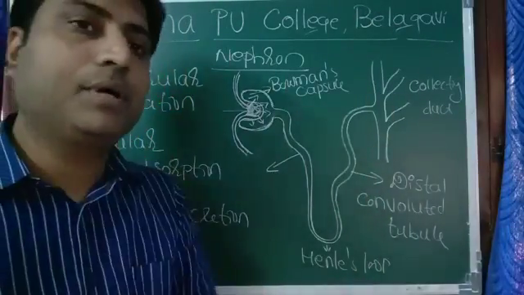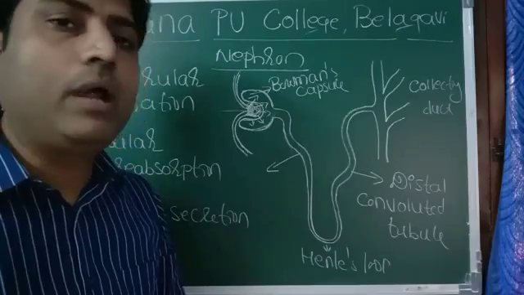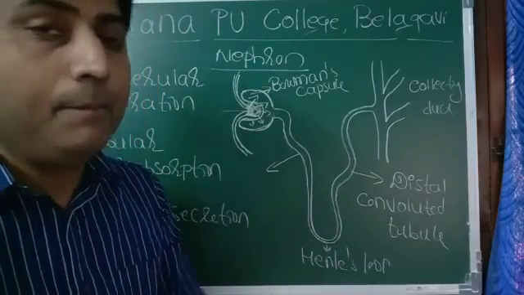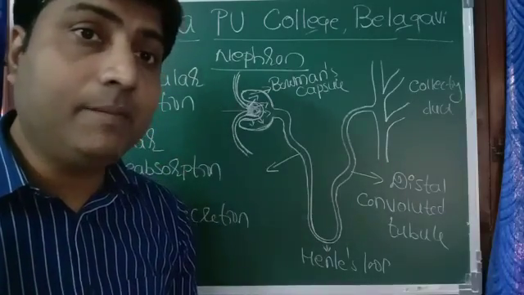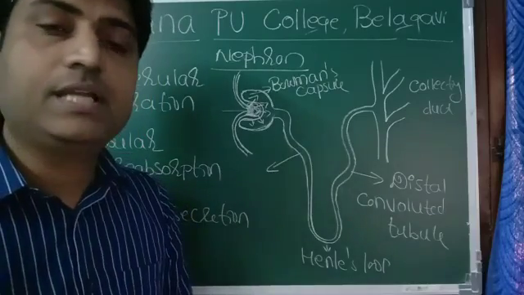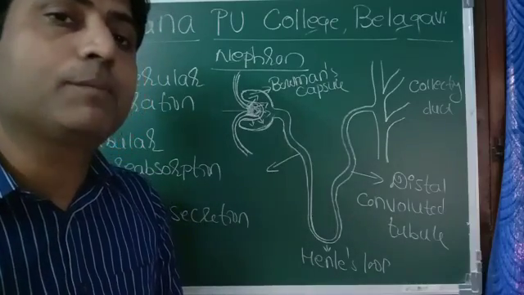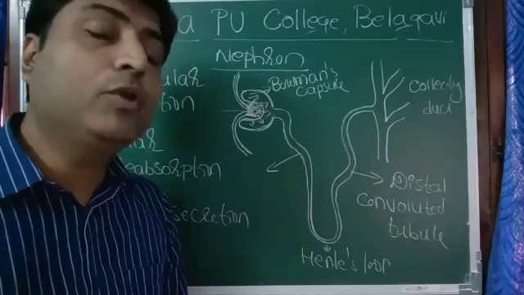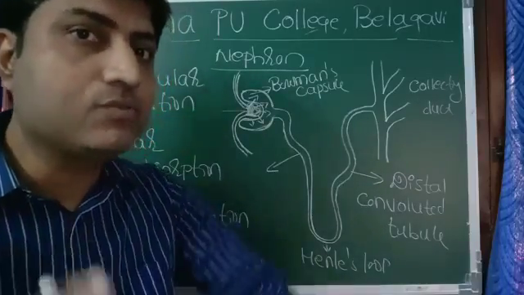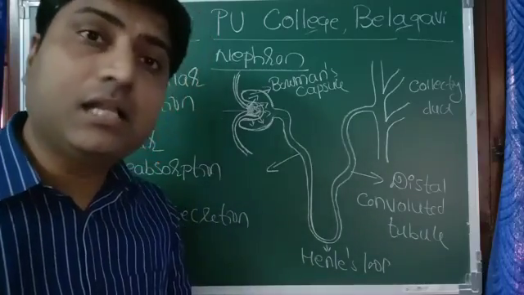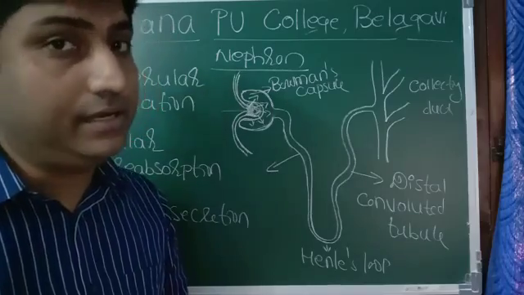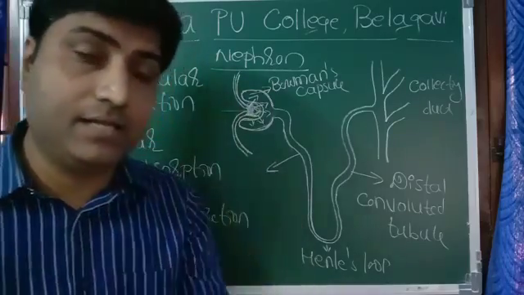So, in a healthy person, per day, around 1.5 to 2 liters of urine goes out of the body. But you know that sometimes the kidney may not function properly in some persons. Then we go for a process called dialysis. You might have heard this word dialysis, or it is also called artificial kidney. Let us see what happens in artificial kidney. See, this is the first step, dialysis.